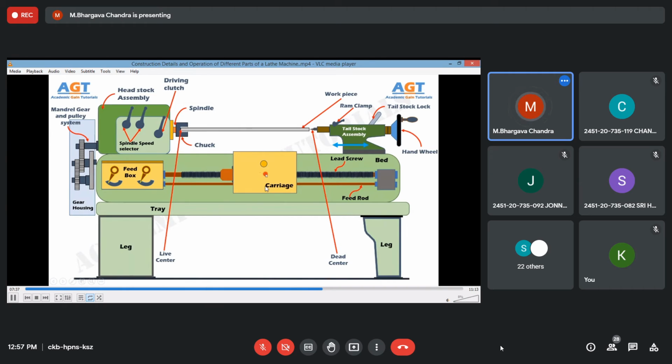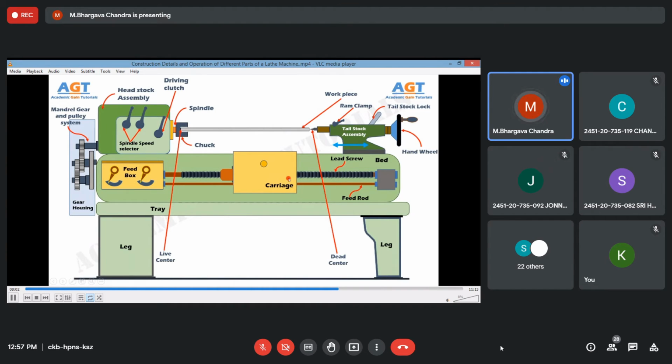Then you have the carriage, which moves on rails with the help of the lead screw. This carriage consists of the tool post and tool bit assembly. You can see on the left side how the gearing is provided in the gear housing.